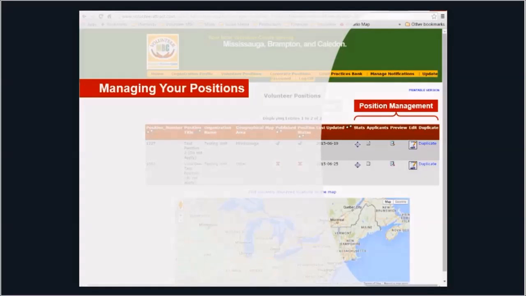Finally, let's take a look at the positions management columns of the volunteer positions homepage. This is where most of your day-to-day activities will be housed, as it houses the functions to manage all activities related to the position description, such as the stats or statistics function to understand the trends of those who search and view your position description,